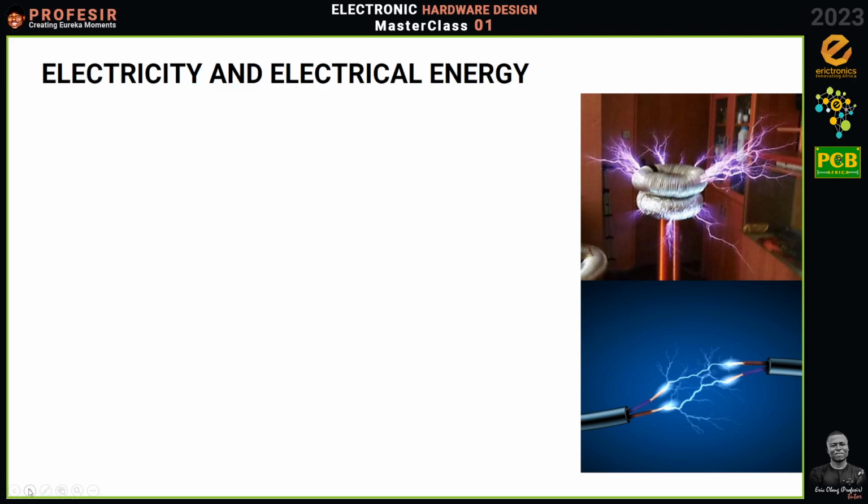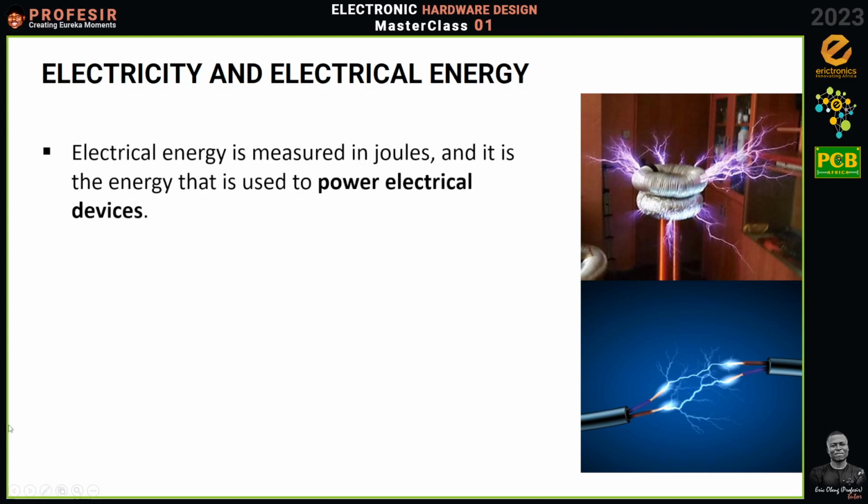So take note of the variation. Now, just like every physical quantity in science, we try to associate a unit. Energy is generally measured in joule, and electric energy is no different from that. So electric energy is measured in joule, just like all other energies, and that is what causes your electrical devices